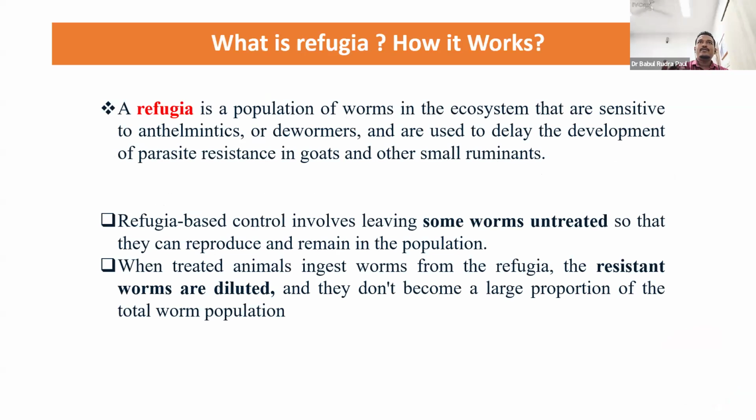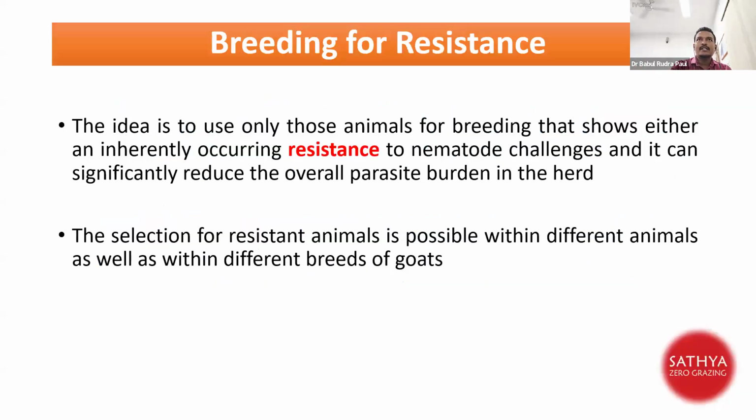If the refugia group of parasites resides with the resistant parasites, they will dilute the resistant group of parasites, and it will be very easy to treat the affected animal. Another important one is breeding for resistance in a particular group of animals. Some animals are inherently resistant against parasites, so we should select those animals